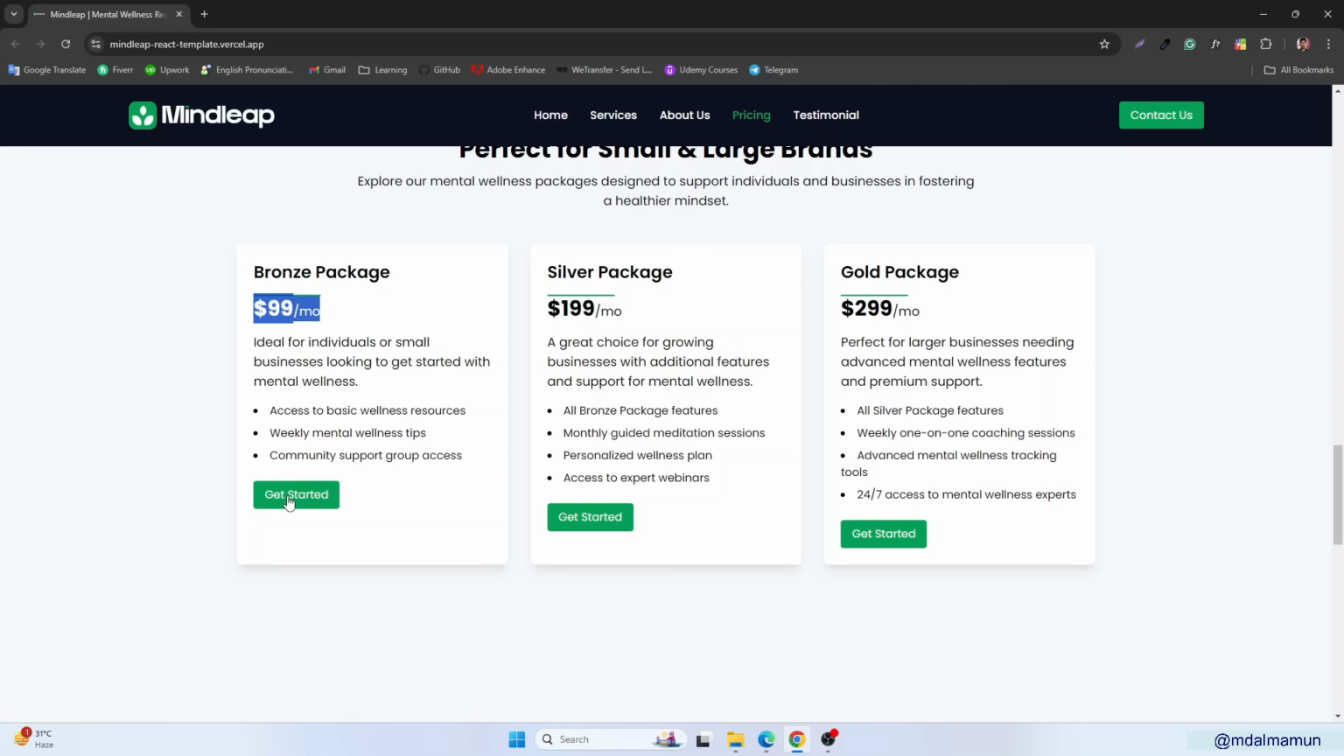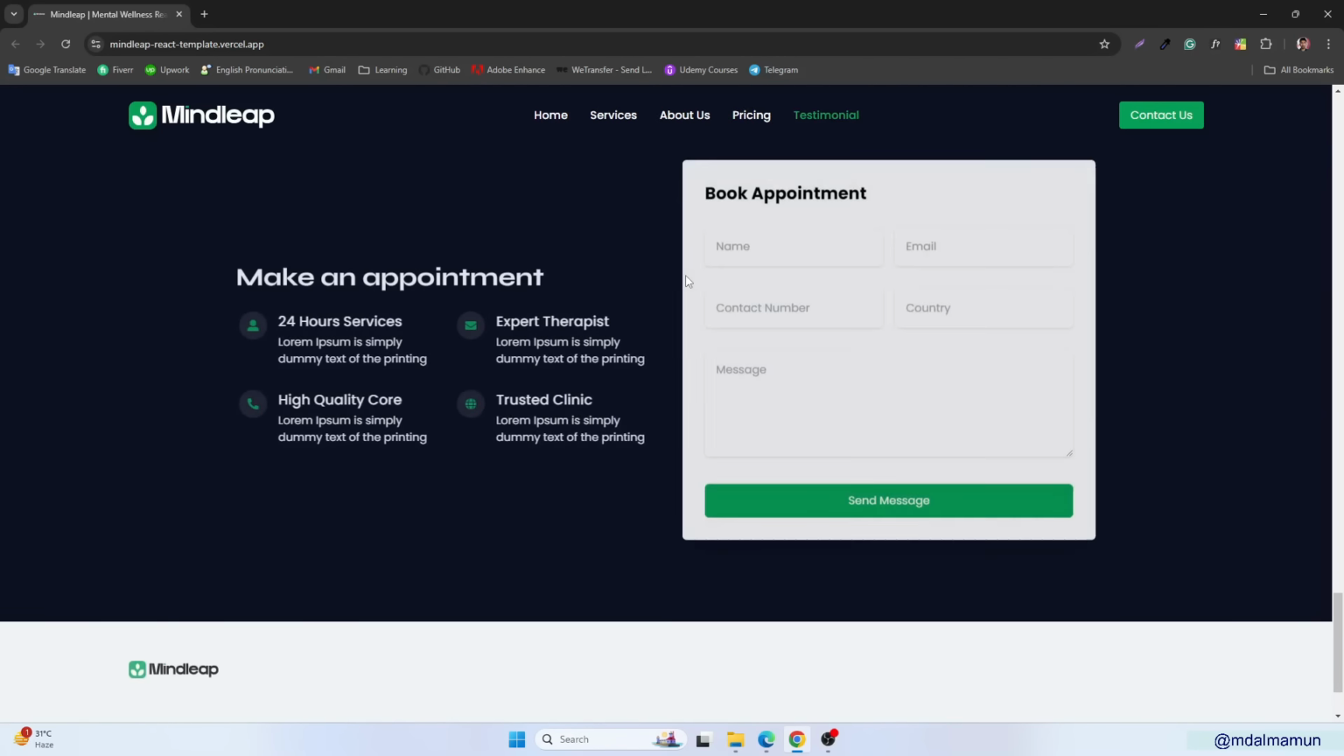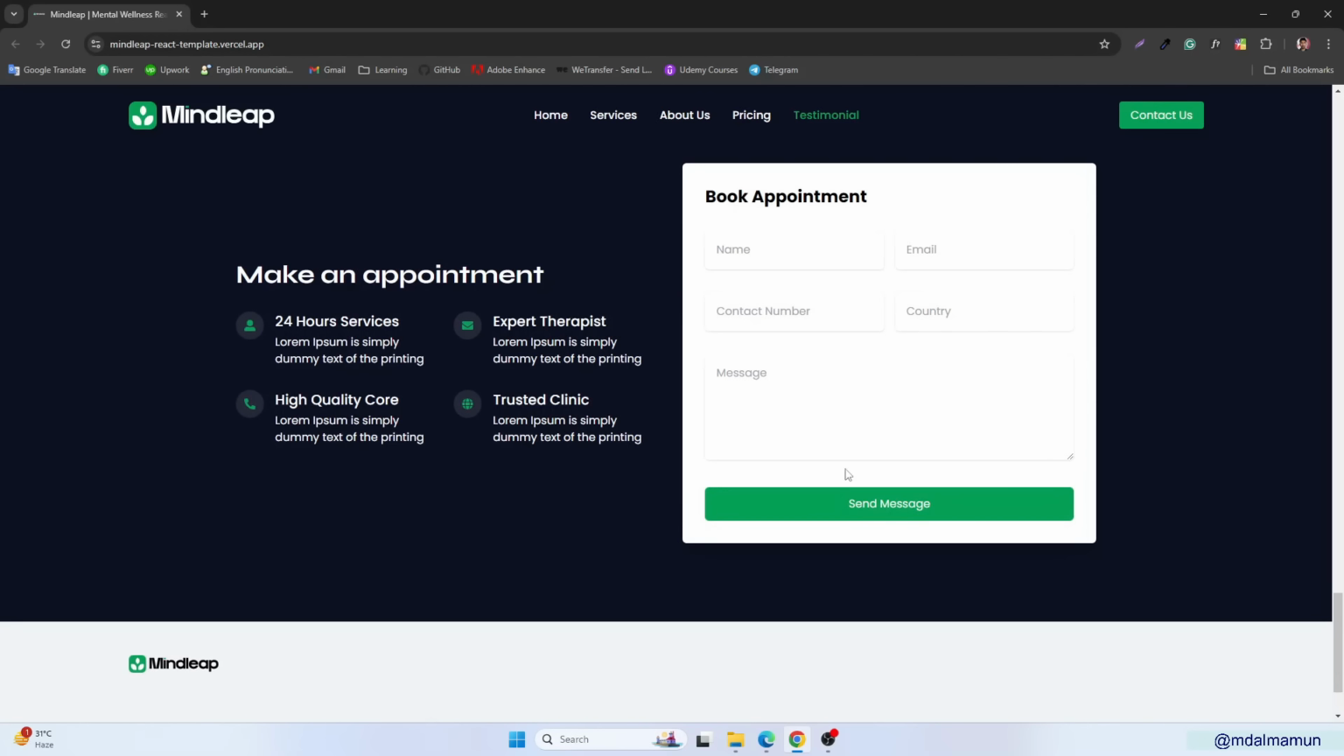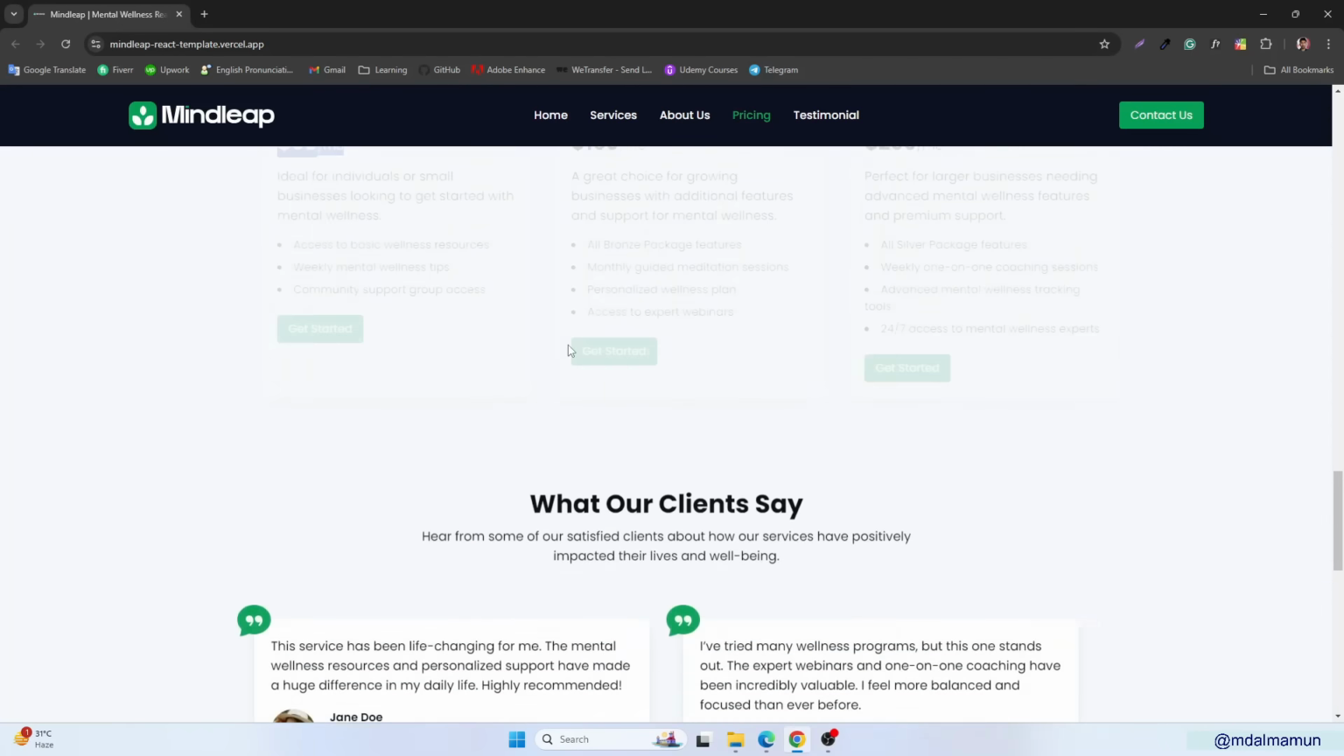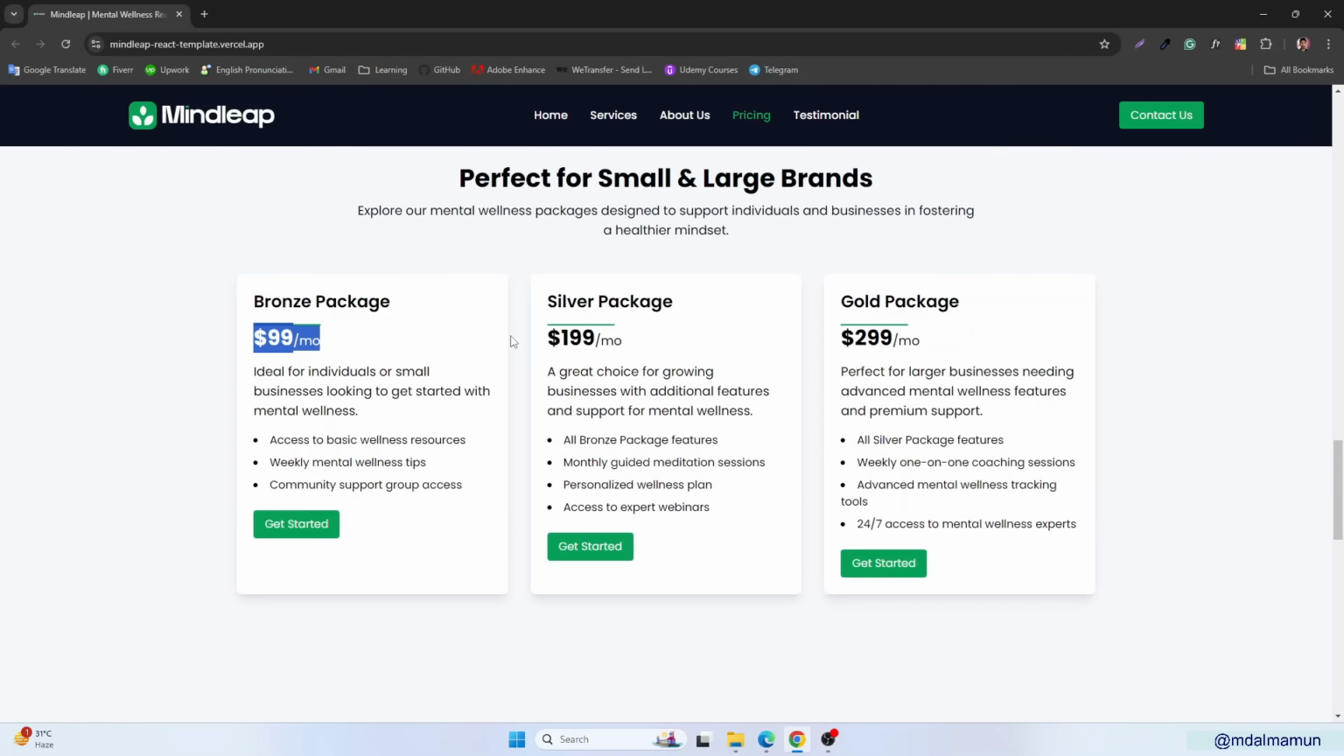What if anyone clicks this get started button? Can you imagine? Here, if anyone clicks this get started button, it will redirect to the book appointment section. You will have a form to fill up, and then you just send the message. We will show these features within a few seconds, but before that, after this pricing, you will have